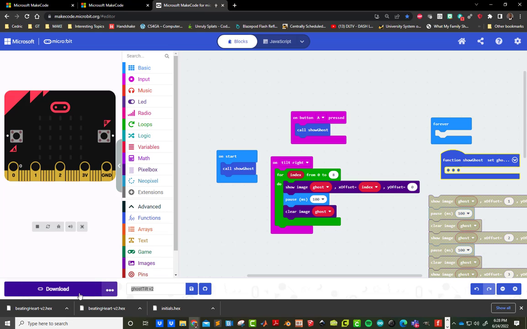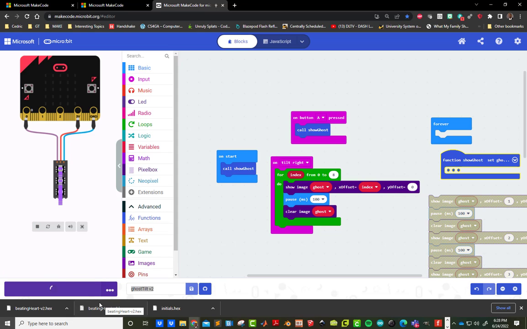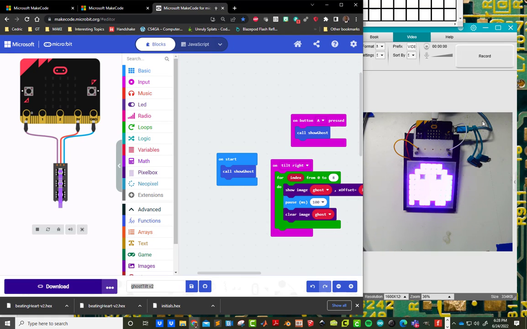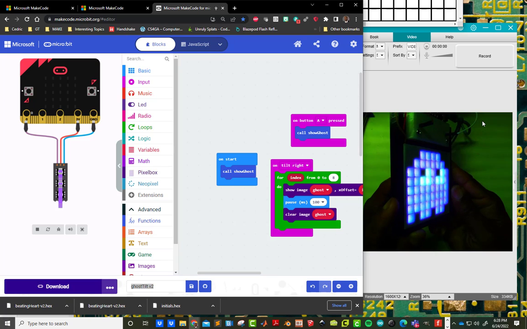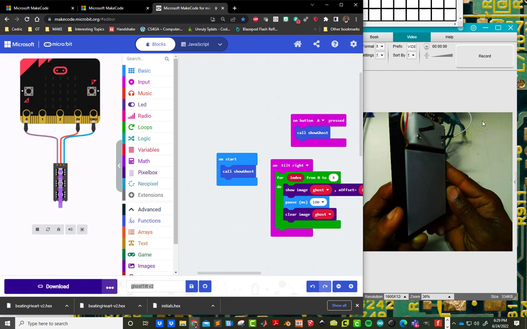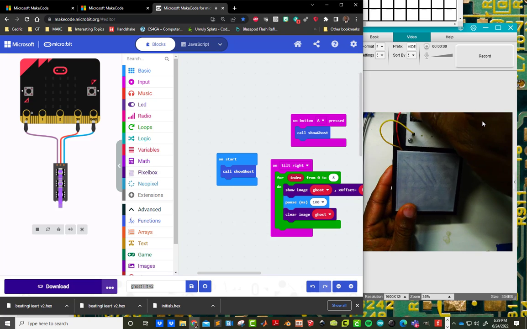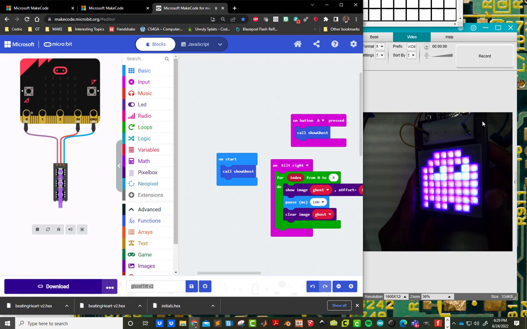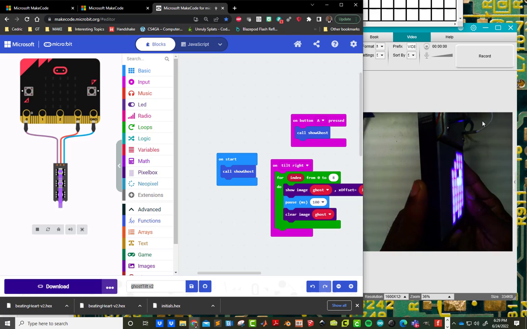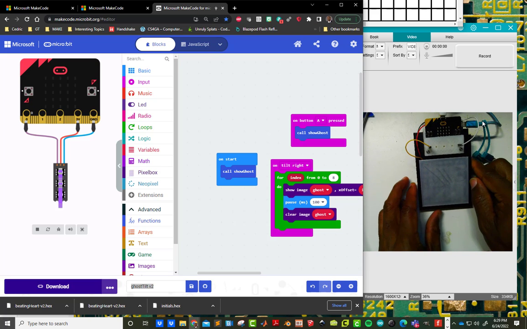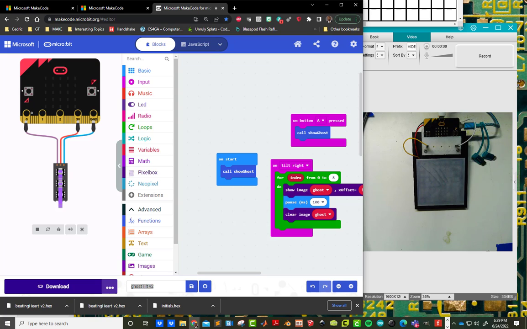Okay, so now if I download this, we should get the same effect, if all things went well. All right, I downloaded it. There's my ghost. He's back, right? And so when I tilt it right, he does run off the screen, right? And then back to A. And then if I tilt it left, he doesn't move yet, but we'll code that one next. Once again, tilting it right, he runs off the screen. Okay? All right. So let's